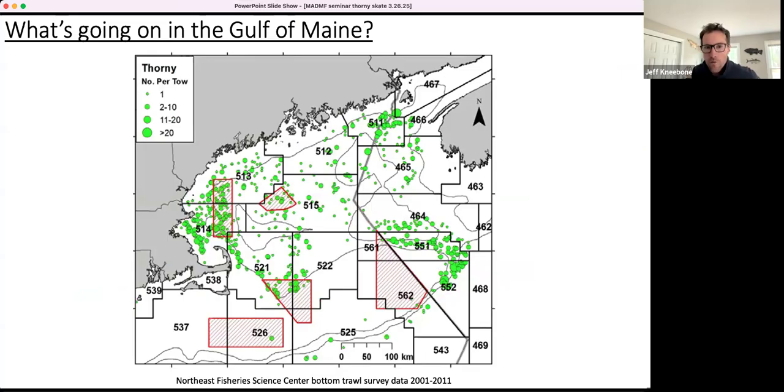So talking a little bit more about thorny skate in the Gulf of Maine, there's really two main lines of questioning that we followed for the research that I'll talk about today. The first is related to the population structure, the connectivity of thorny skate that are found throughout the